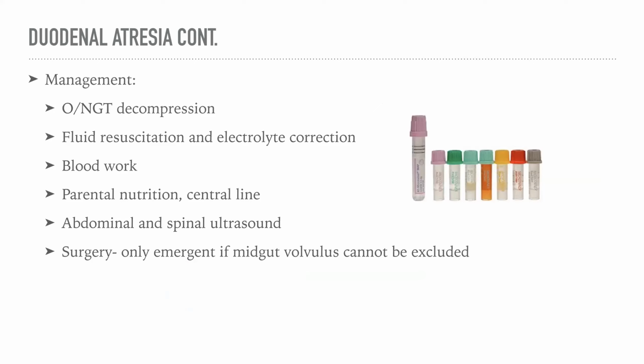With regards to the management, placement of an oro or nasogastric tube to aid decompression. Fluid resuscitation is important, and to correct those electrolyte abnormalities. With regards to the blood work, a full blood count, or CBC, is important. A urea and electrolyte panel, as well as a calcium, magnesium, and phosphate profile, and coagulation studies are important as your preoperative